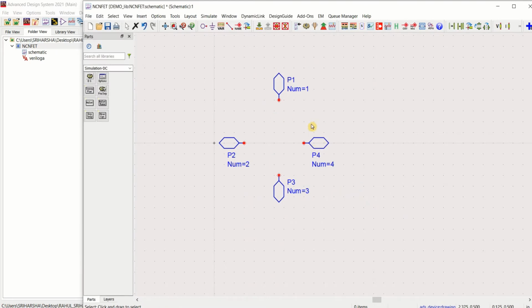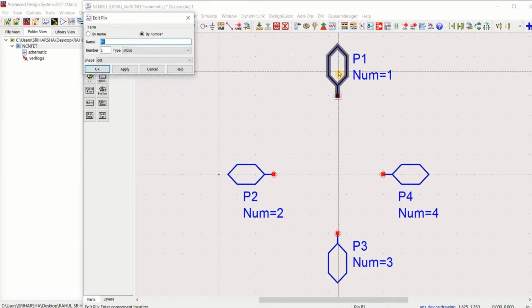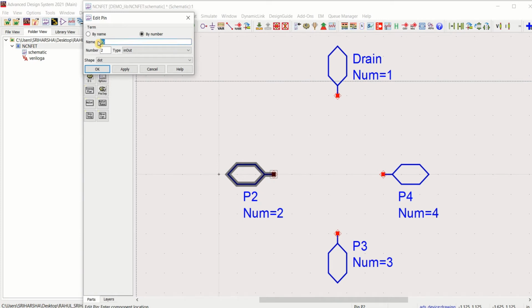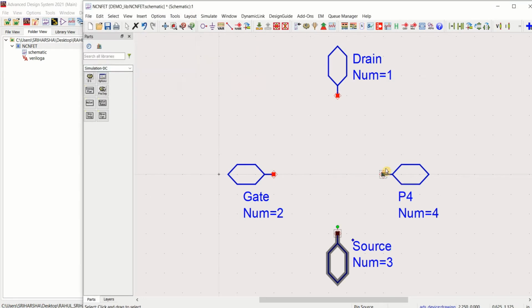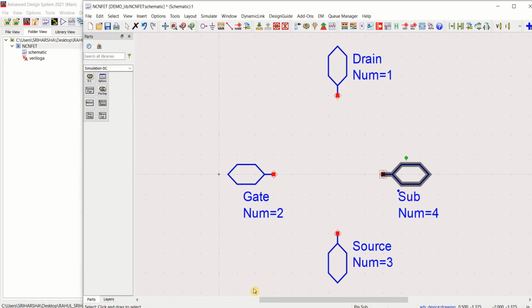Once the pins are placed, just rename them: double click on it and name it as drain. This one with the gate, this as source, and this one with the substrate, as specified in the model file.